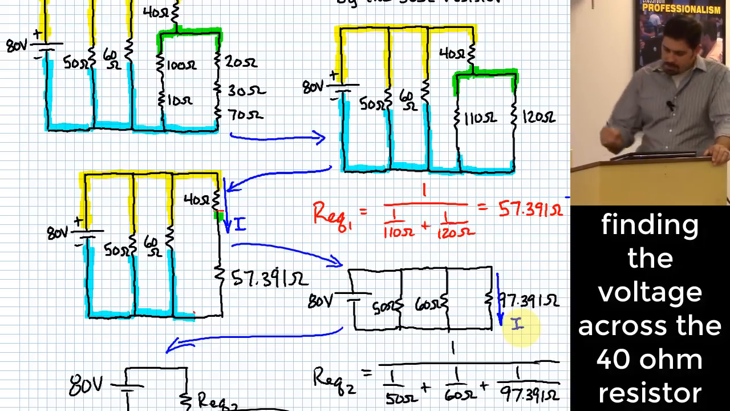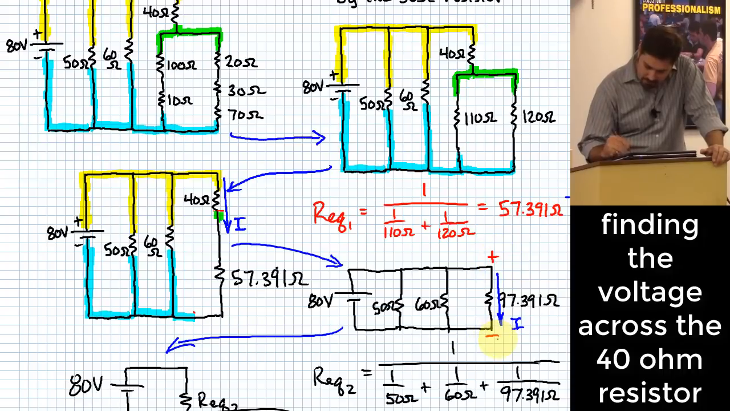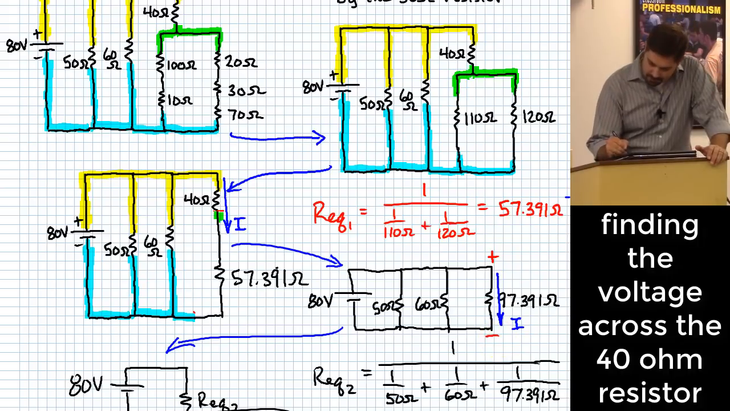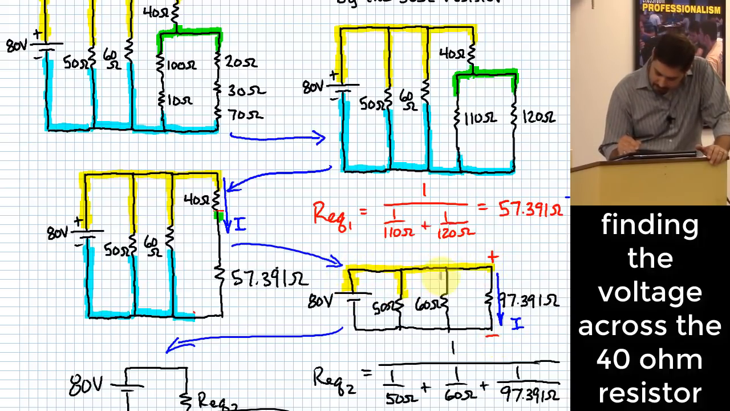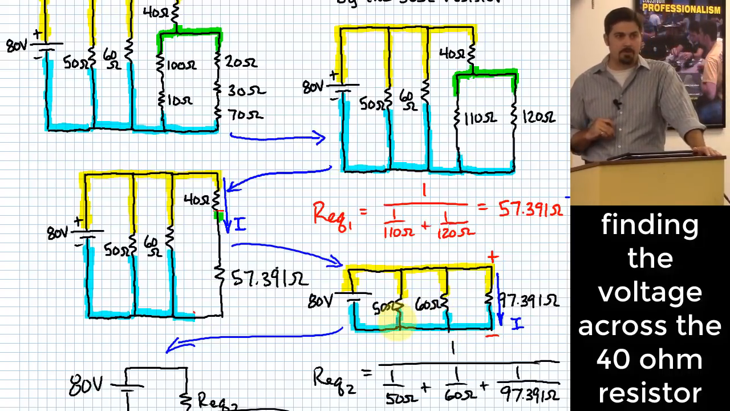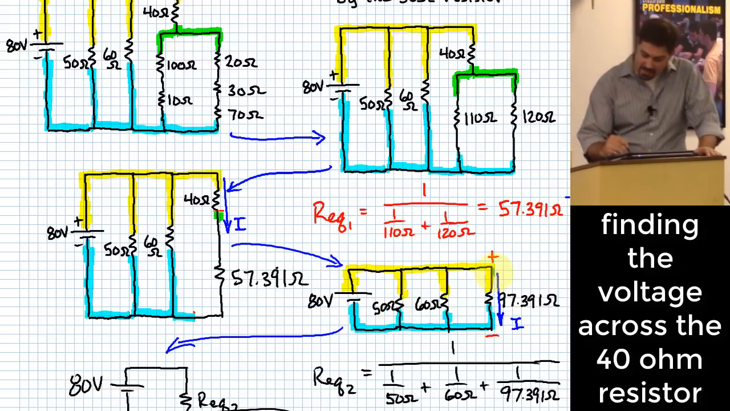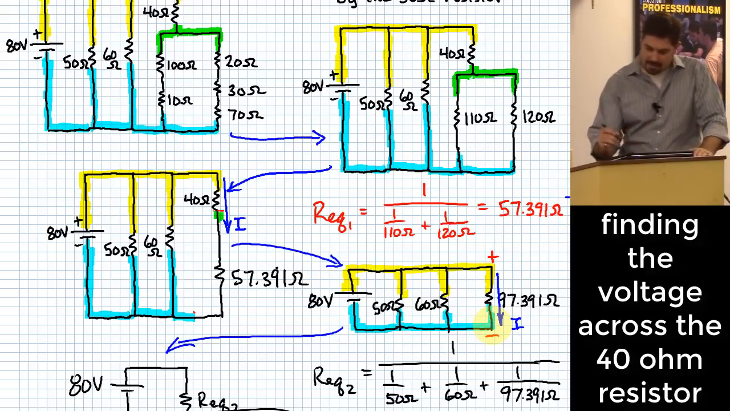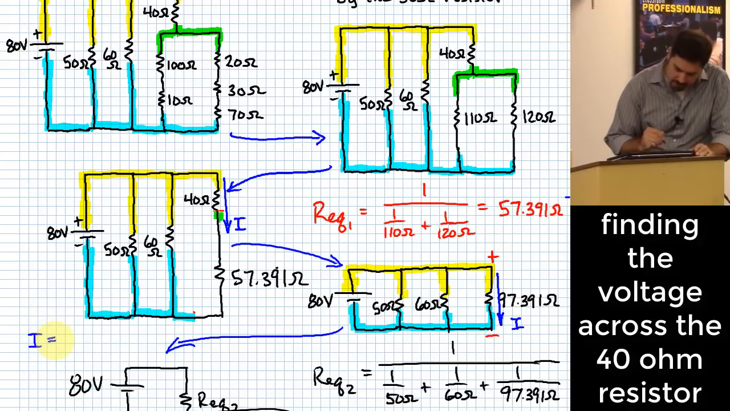All right, how much voltage do I have across that 97.391 ohm resistor? 80 volts. How do I know that? Look at this entire node relative to this entire node. Anywhere I put my multimeter across those two nodes, it's going to be 80 volts. So that means it's 80 volts across that 97.391 ohm resistor, and so I can do this calculation. I is going to be equal to 80 volts over 97.391